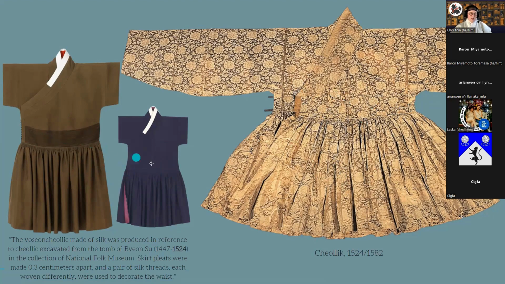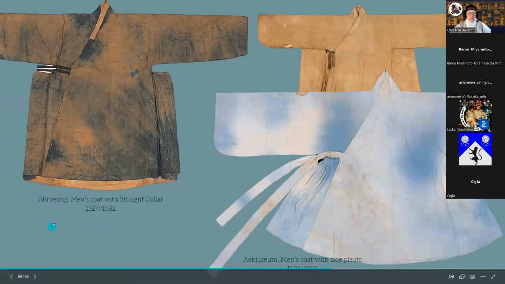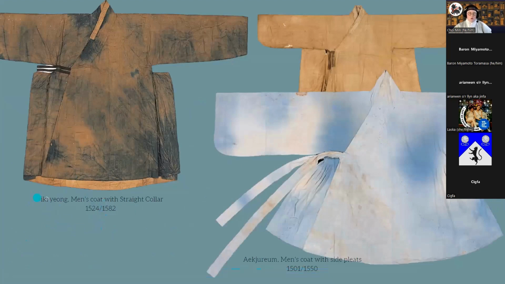And these two are extants or reproductions of the same extant, I believe, but I don't have a picture of the extant. Here, you'll see this one's a peony fabric, and this is actually transparent. This is gauzy. So you would have something underneath this, like your undershirt, and then this would be a transparent silk brocade. Here is that jikryong. It's one of those Korean things where the K and the R don't go together. So straight sleeve, no skirt. We can date it based on the way the flaps go.